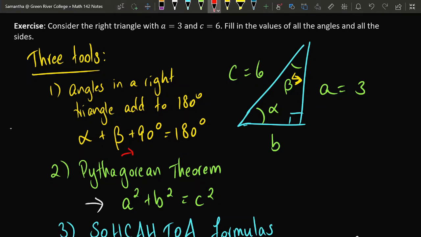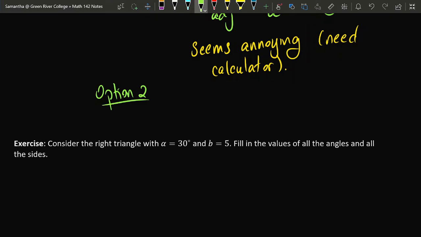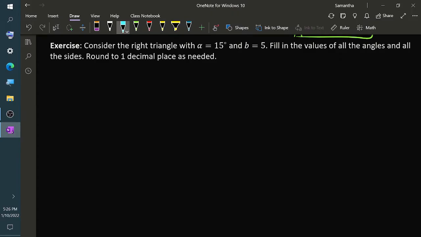So as a consequence of this, if you take the sum of angles alpha and beta, the result of that has to be the remaining 90 degrees that is not provided by this corner. We can determine that 30 degrees plus beta is equal to 90 degrees, and this, in my opinion, is the best way to determine that beta is equal to 60 degrees.